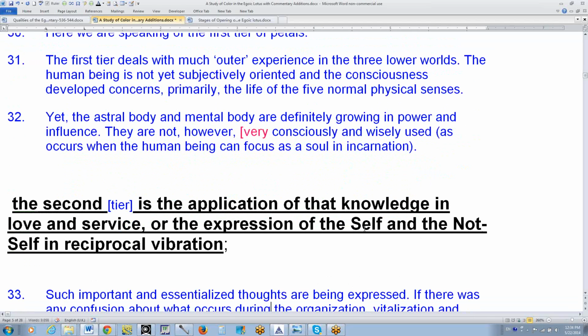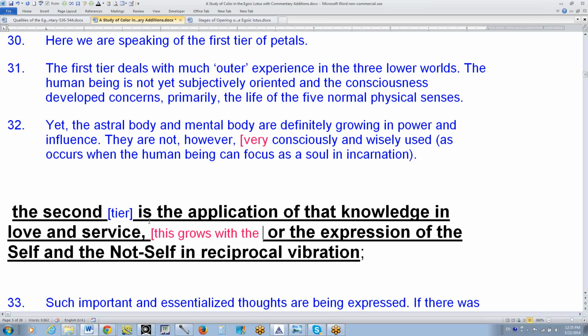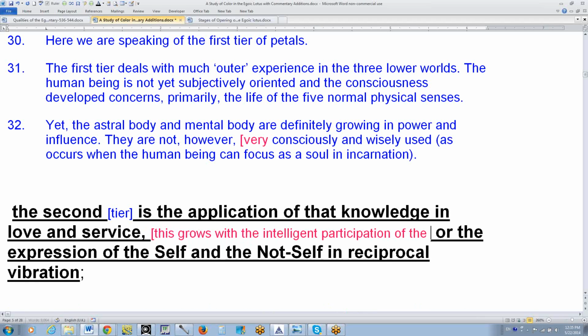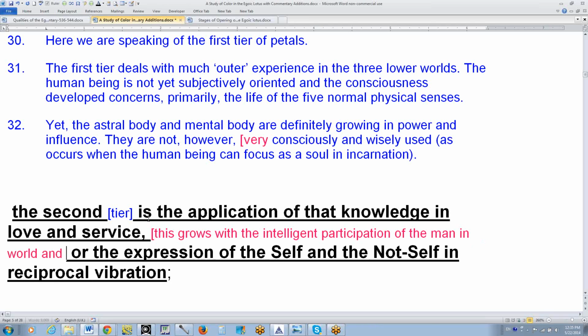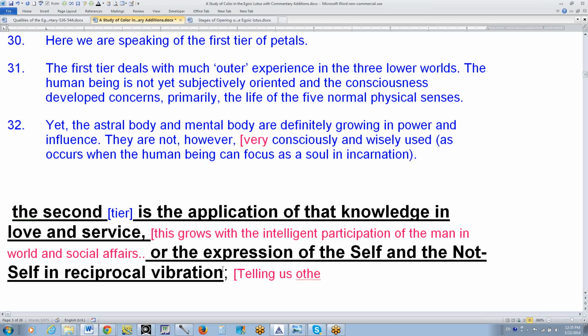The second tier is the application of that knowledge in love and service. Okay, so this grows with the intelligent participation of the man in world and social affairs. The application of that knowledge in love and service, or the expression of the self and not self in reciprocal vibration. This is so good and so important,